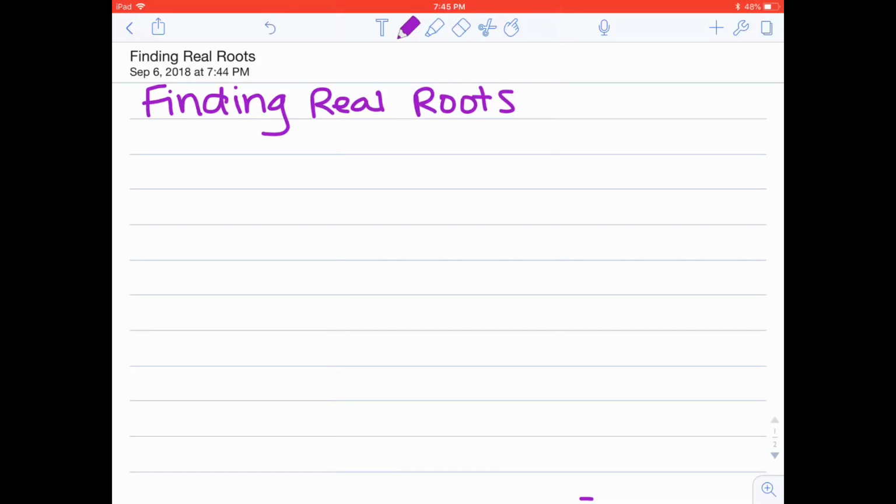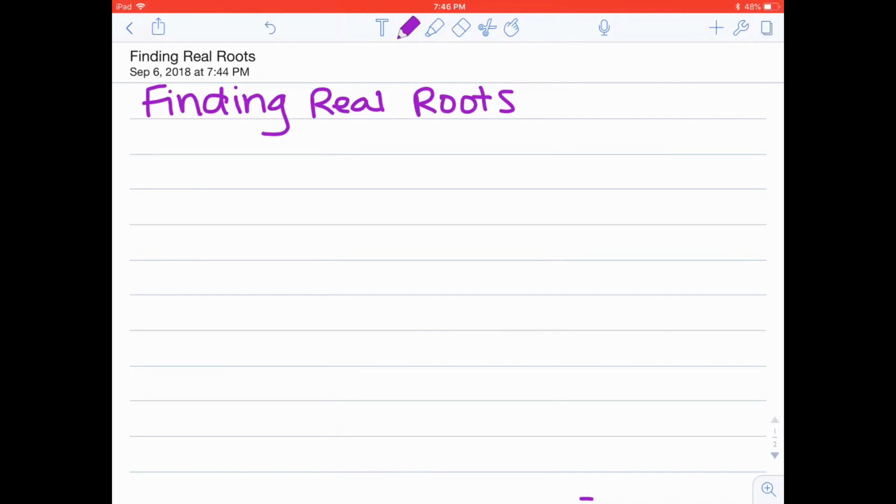Recently, we talked about finding characteristics of graphs, and characteristics could be anything from the x and the y intercepts to local or relative maximums and mins. It could be increasing and decreasing intervals. It could be where the function is greater than 0 or less than 0. So this video is going more specifically into how to find roots or x-intercepts, how to find them by hand